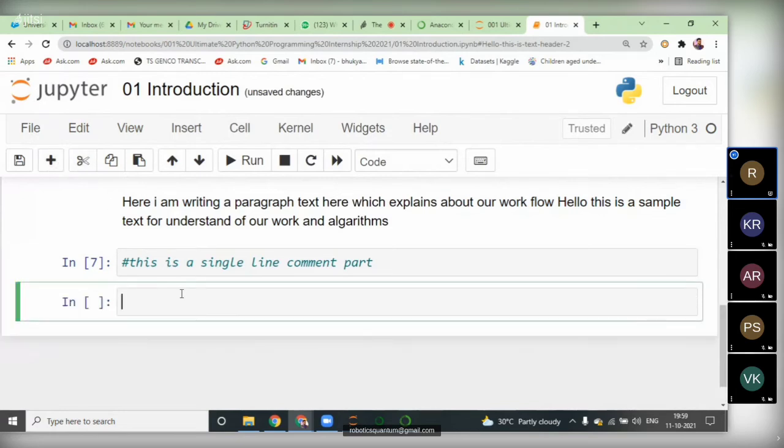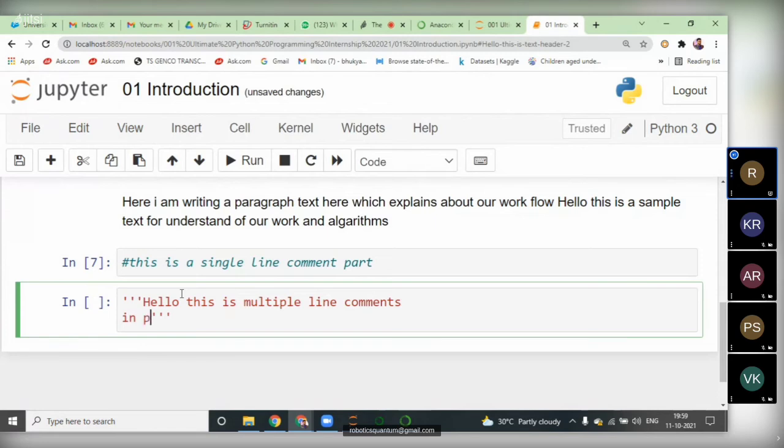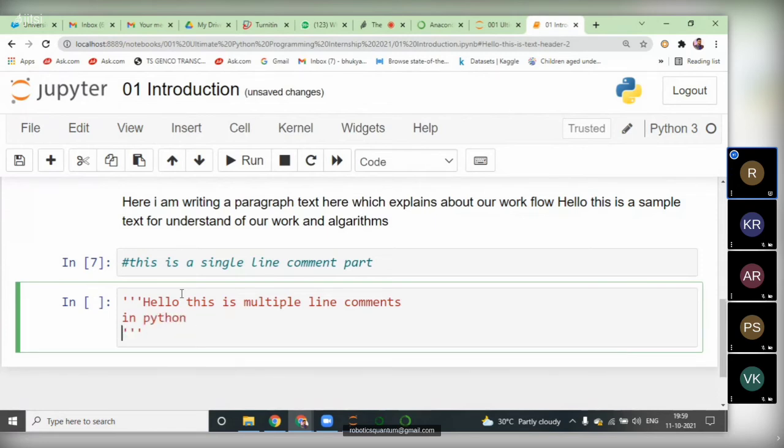If you want to write multiple line comments, triple single quotes can be used. Hello, this is multiple line comments in Python. We can write any number of lines of comments.